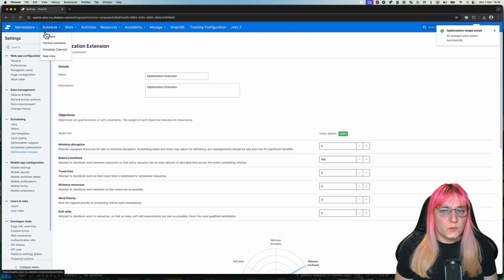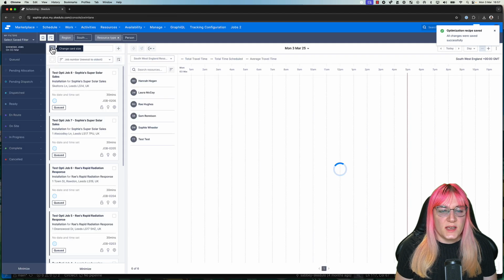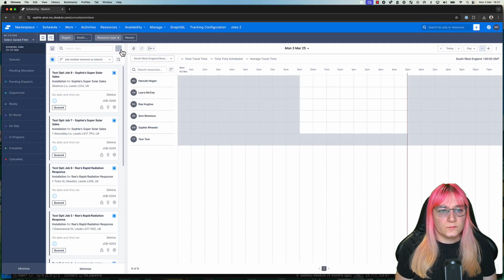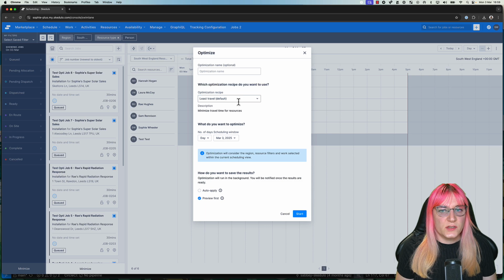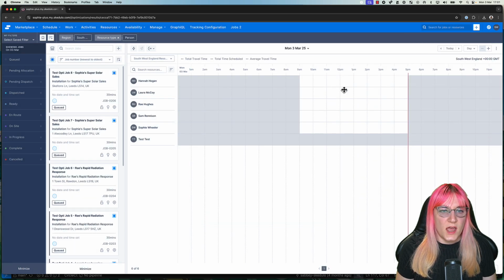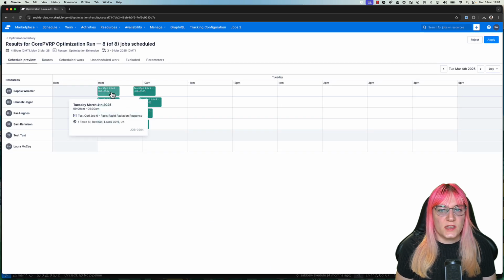Then make sure your optimization extension is selected and save the recipe. Next, go to the swim lane view and select the jobs you wish to test your optimization extension on. Click Optimize, select your recipe with your extension enabled, and run the optimization. Once it's done, you can take a look at the outcome. As you can see, our extension has ensured that all the jobs for the same account are allocated to the